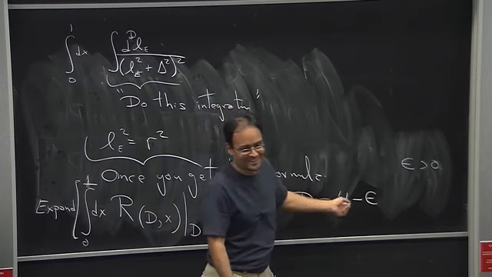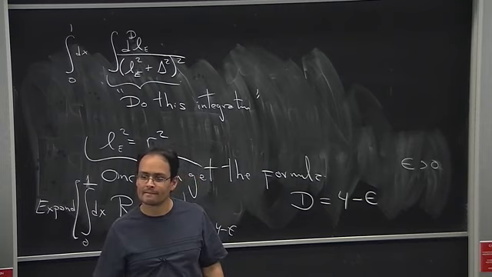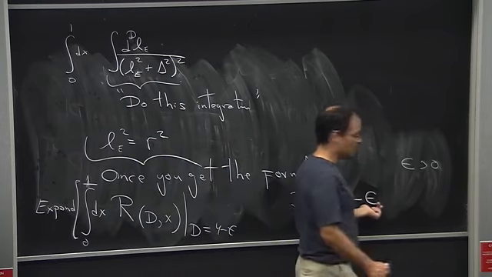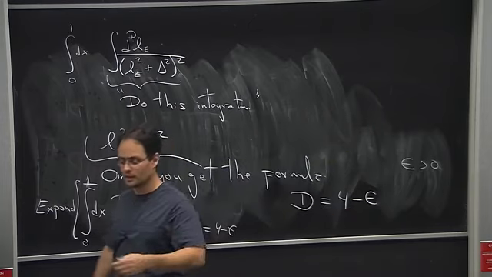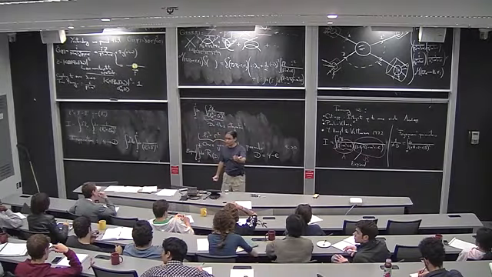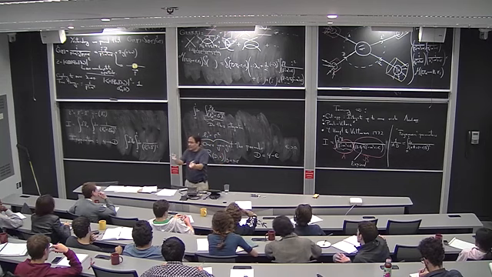But don't you have to sometimes regularize with epsilon less than 0? Epsilon less than 0 is important in order to regularize infrared divergences. But infrared divergences are something that have a very physical origin, and it has to do with the fact that